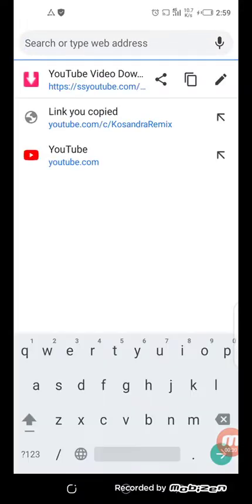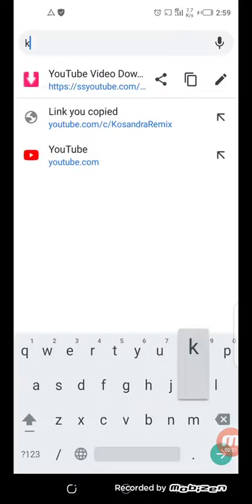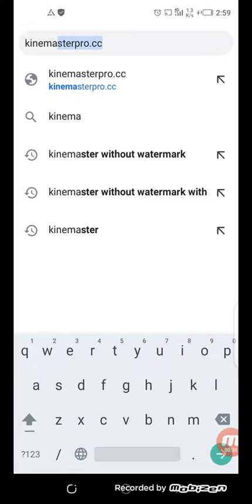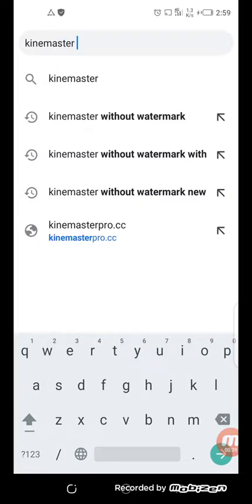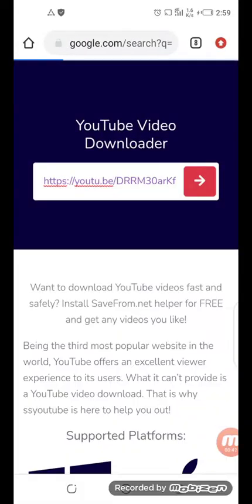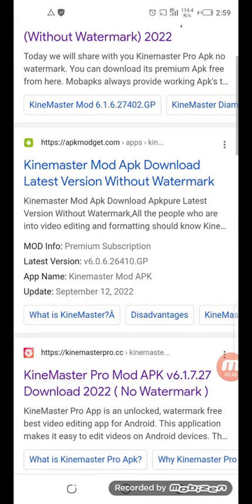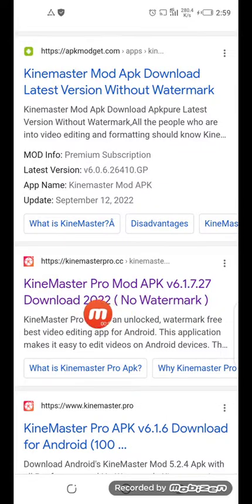search here Kinemaster without watermark. Here you see this type of icon, this type of file, but you have to click on this. When you have to click on this,